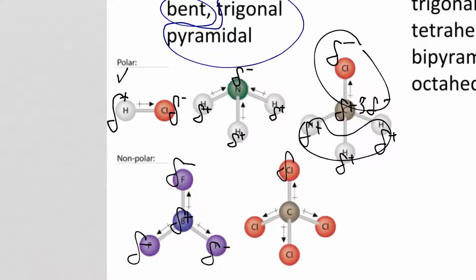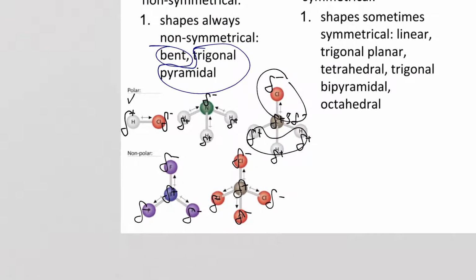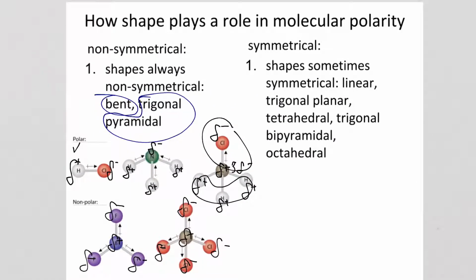Same holds true here. These are all partially negative when bonded to carbon. So this has a core of positive, while a perimeter, an outside area, a shell of negative on the outside. That's why it's nonpolar. So this evaluation of the shape and the individual bonds helps determine, is the molecule polar